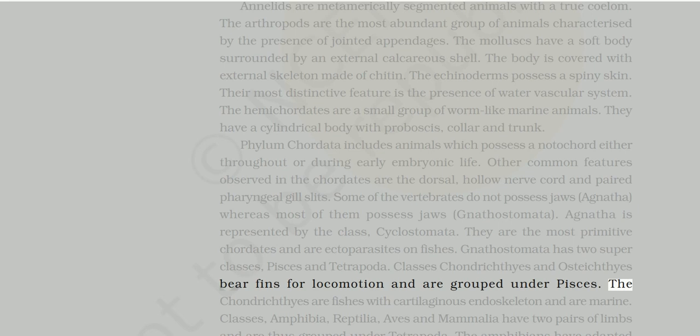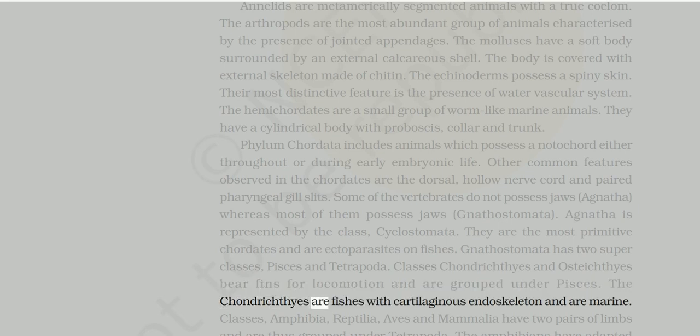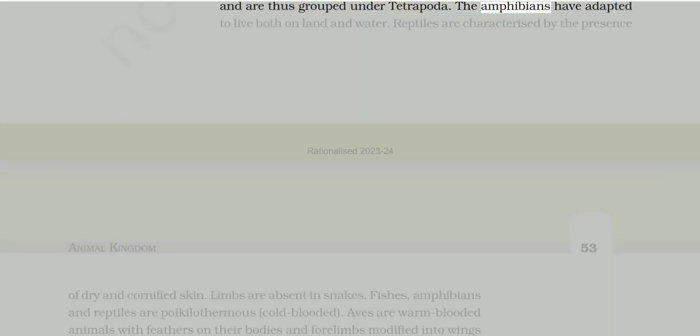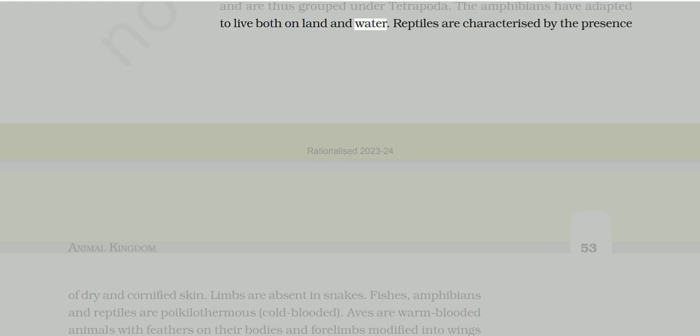The Chondrichthyes are fishes with cartilaginous endoskeleton and are marine. Classes Amphibia, Reptilia, Aves and Mammalia have 2 pairs of limbs and are thus grouped under Tetrapoda. The amphibians have adapted to live both on land and water. Reptiles are characterized by the presence